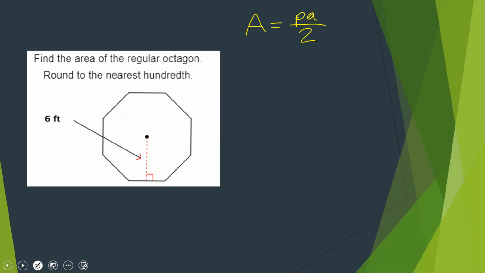Now in this case, we have our apothem. So we know the 6 already. What we need to find is our perimeter. So this will give us our area. Now, in order to find the perimeter, we need to find a side length. In order to do that,